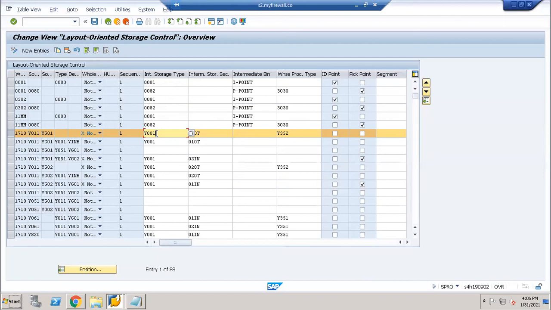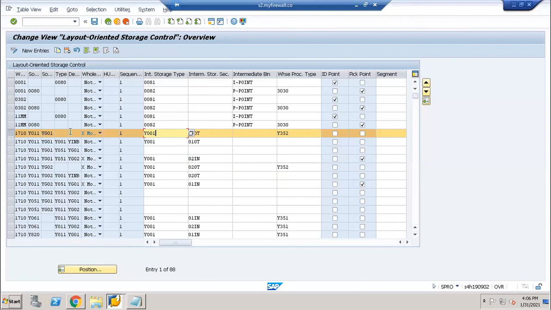This is the easiness of POSC. Here also we have the WPT, and here also I have an intermediate bin. This intermediate bin is acting as a bridge between the ground floor and the second floor. So the first floor is the intermediate storage type, for example.